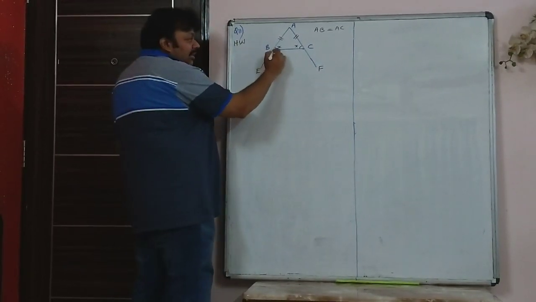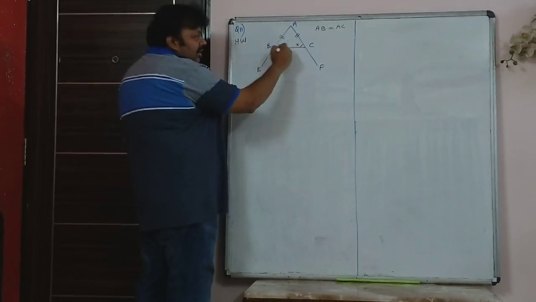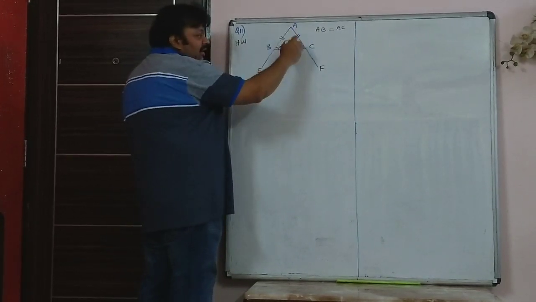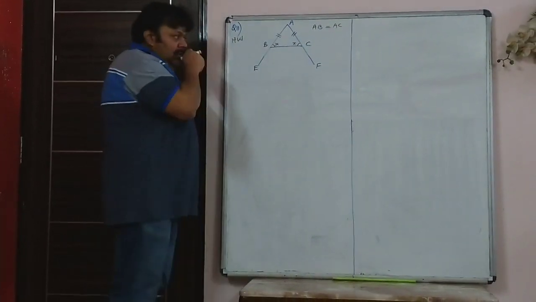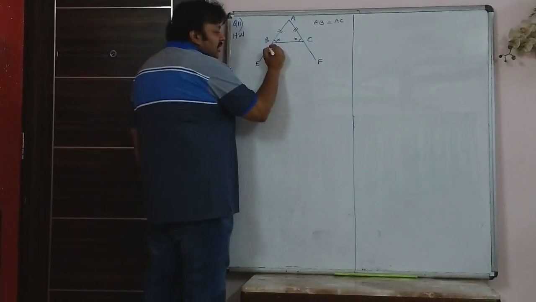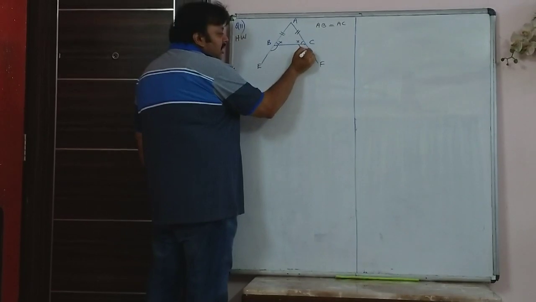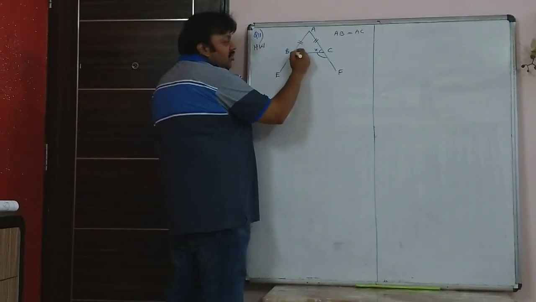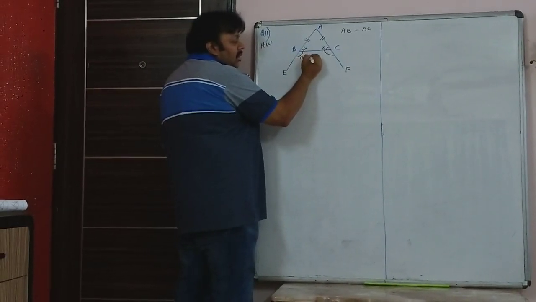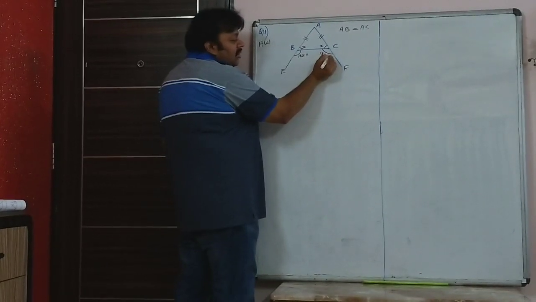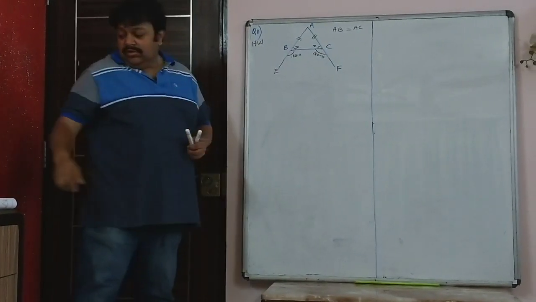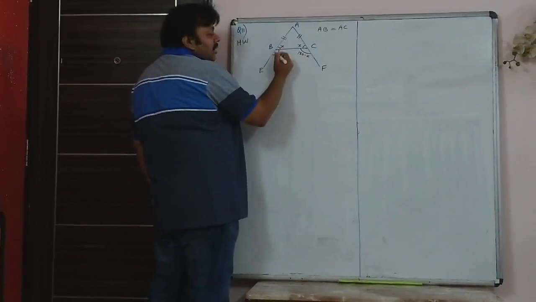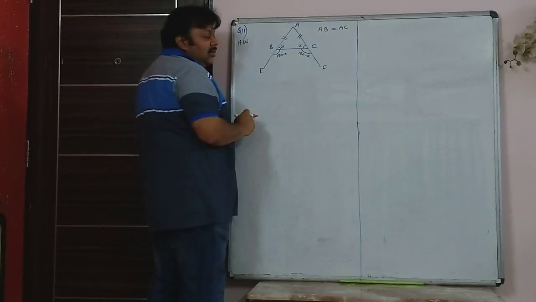So EBC is an exterior angle of triangle ABC, and FCB is also an exterior angle of triangle ABC. So actually in this case, this is an exterior angle and this is another exterior angle. So this exterior angle is 180 minus x, because those two angles we have taken as x. And this exterior angle will also be 180 minus x, because those two angles are taken as x. So by linear pair, this is 180 minus x, that too is 180 minus x.